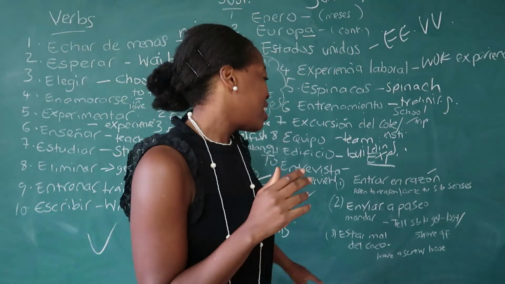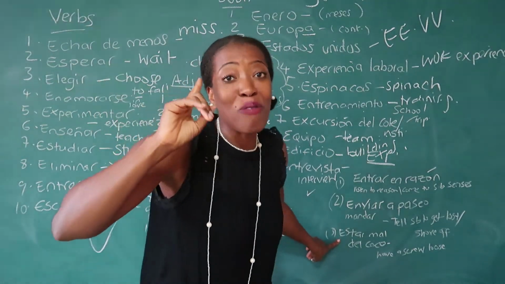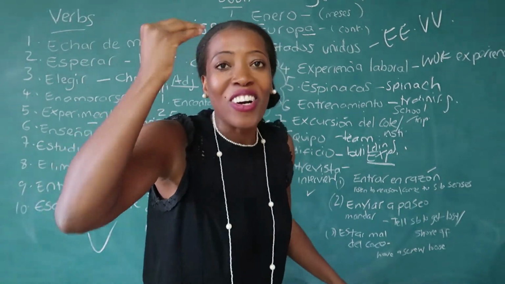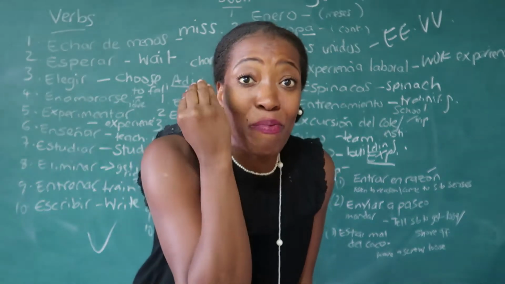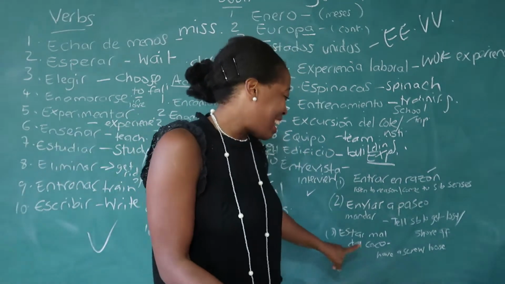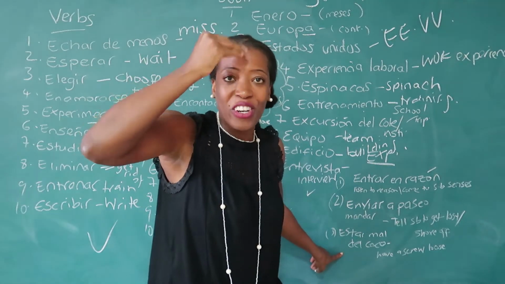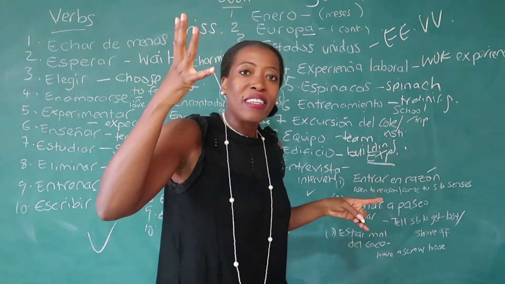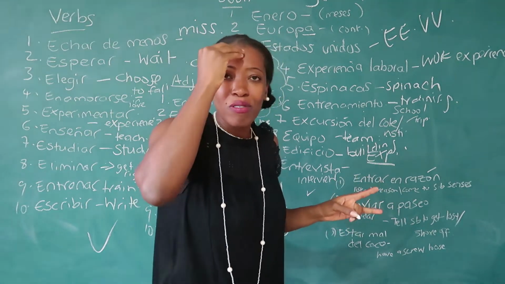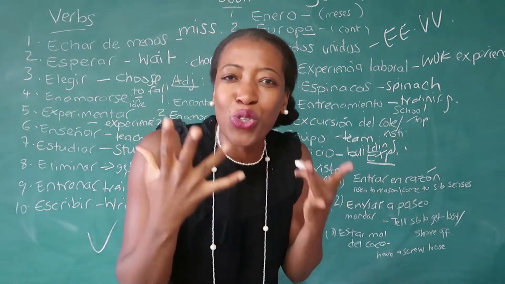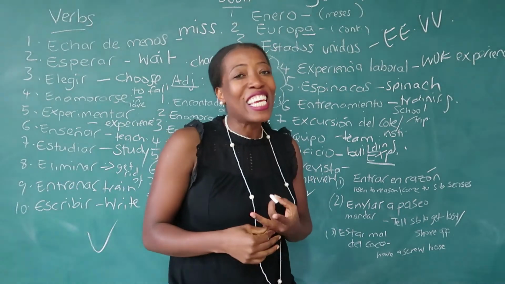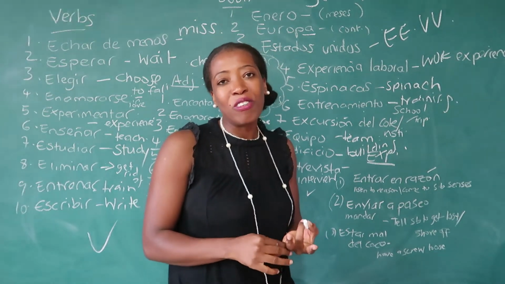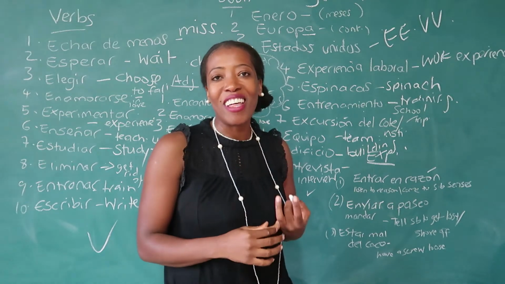Right, and the last one, estar. I didn't put that on your verb list. Estar, to be. Estar mal del coco, word for word, is to be sick of the head. Estar mal del coco. Coco is a coconut, to be bad of the coconut. So it just means that you're a bit mad, there's something missing up there, to have a screw loose, okay? And you will hear this a lot. So I thought it would be helpful to have that on the list.